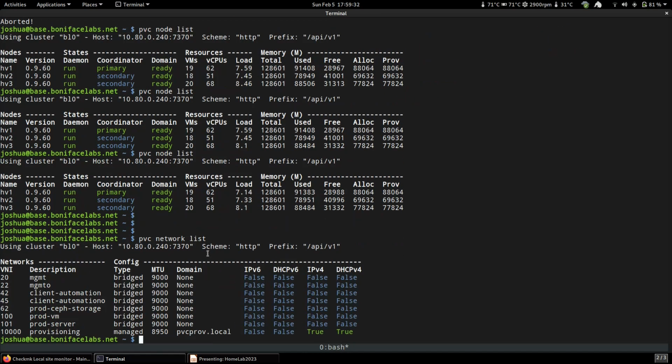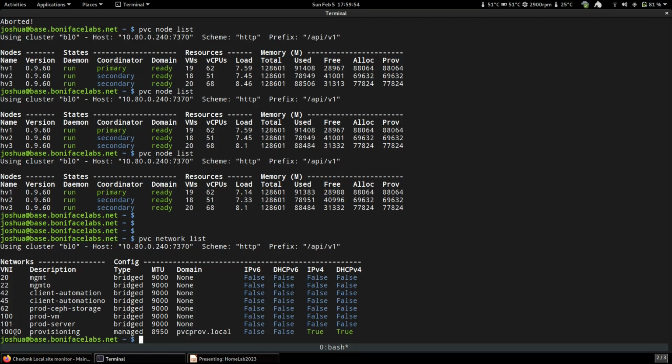So, again, this is all a pretty unified interface. I use consistent naming and everything. It's always going to be list to show your list, that sort of thing. I try to make it as easy for an administrator to learn as possible. And here we can see my various networks that I have connected into this hypervisor cluster, and their VNI, which